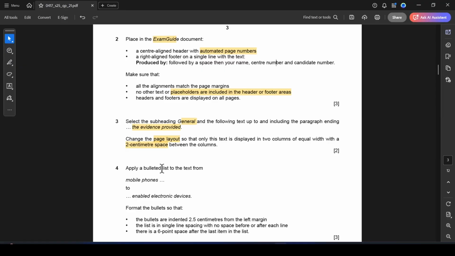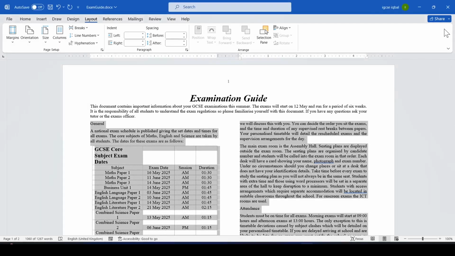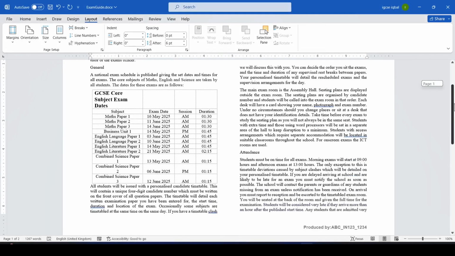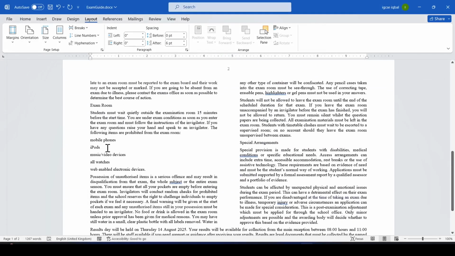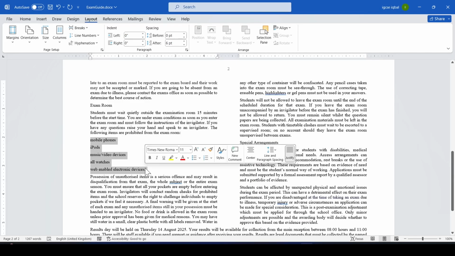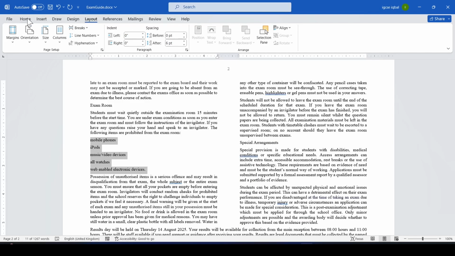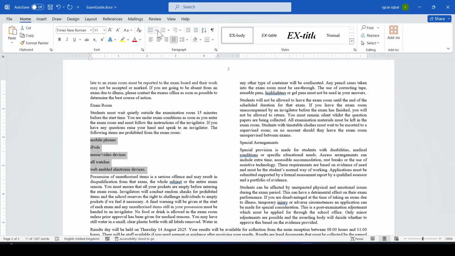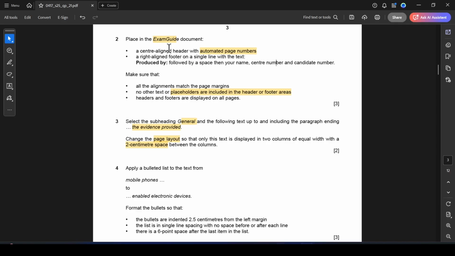Apply a bulleted list to the text from mobile phone to web enabled electronic devices. Let me find out where this mobile phone is. Yeah, here it is, mobile phone to web enabled electronic devices. Bullet list. Where is the bullet list? Here. Bullet list. Done. Next,